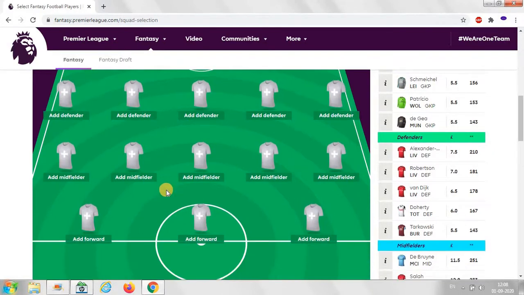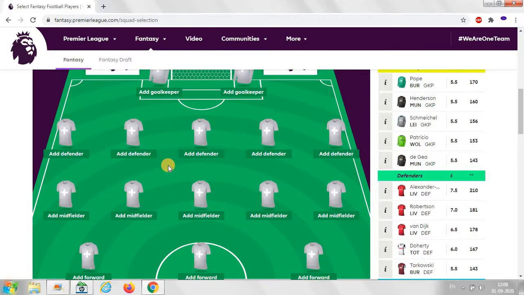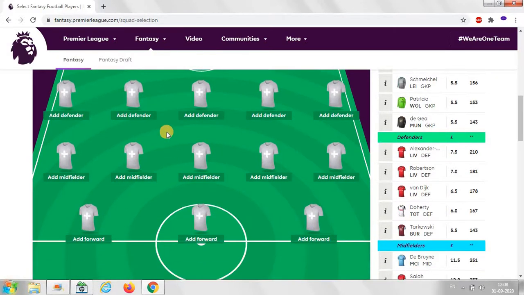You can create a group according to your choice. But if you are taking advice from me, I will say go for 5 defenders, 5 midfielders and 2 forwards, because the chance of scoring goals in the Premier League, as you see over 2 to 3 years, is more in midfielders, because you can get more points.